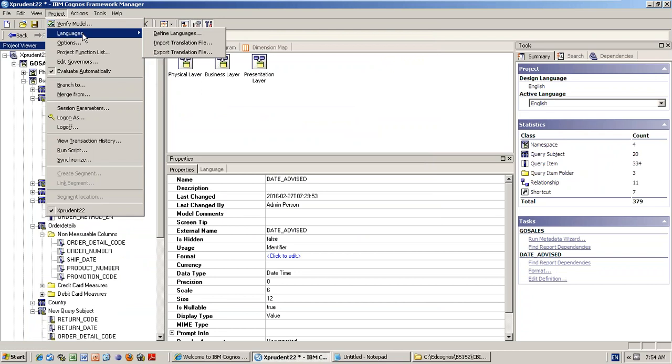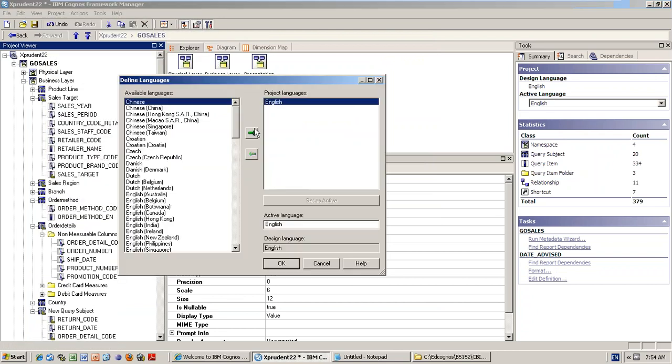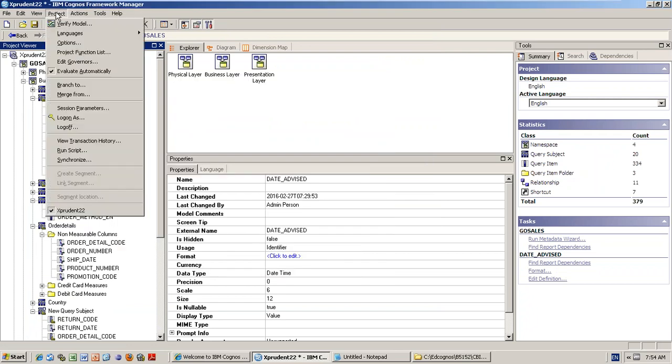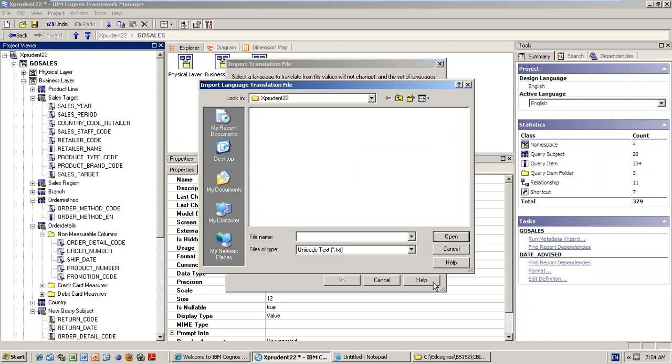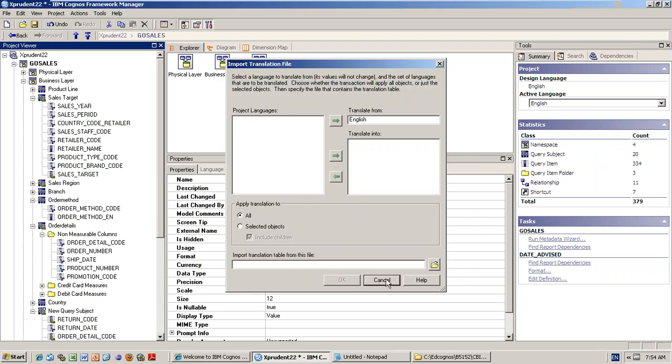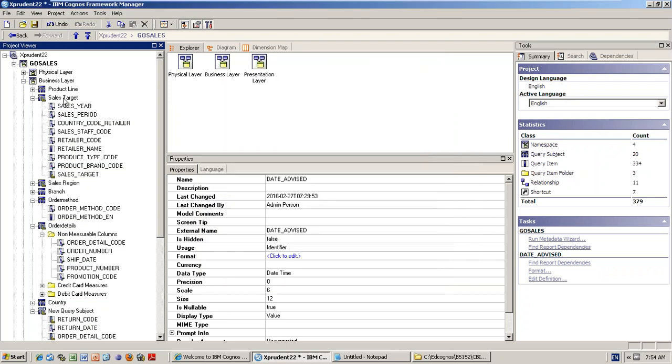Languages means you see the defined languages. Normally English will be there. If you want to take Chinese language, use English, but the database should point to the Chinese database. And import translation file: if in the physical layer any translation file is available with you, you can import that file from the desktop. Then if your cursor moves on that, it will show you the translation name.